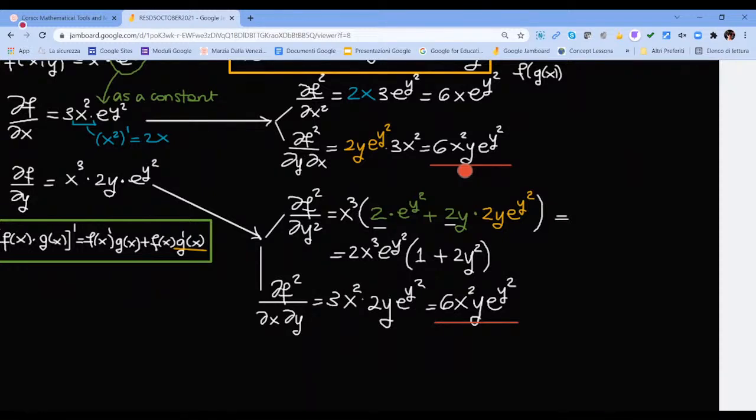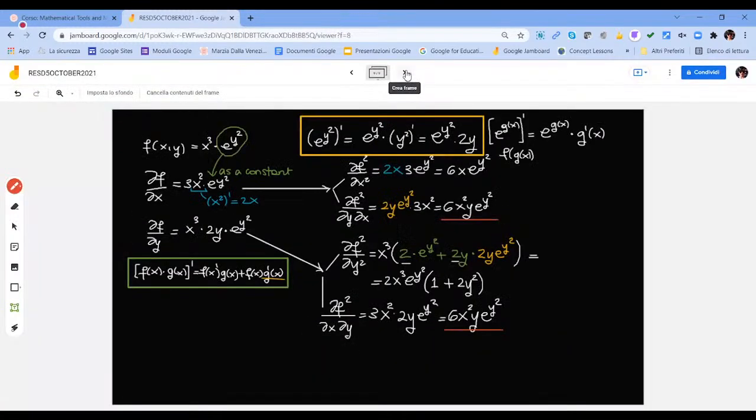So, if you want to compute the derivative with respect to y of the derivative of f with respect to x, or vice versa, you only need to compute this derivative one time, because the other one is the same. And this is very easy to compute. So let's do another example with second partial derivatives,